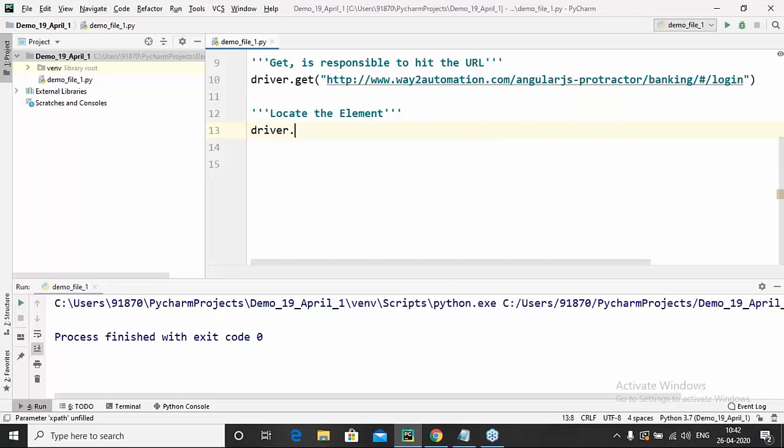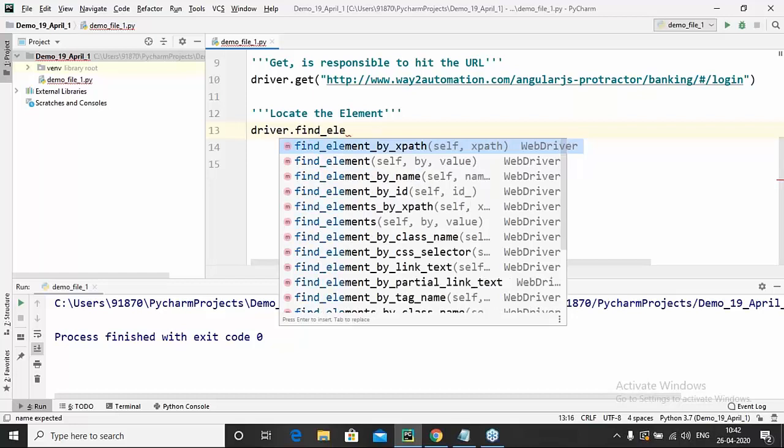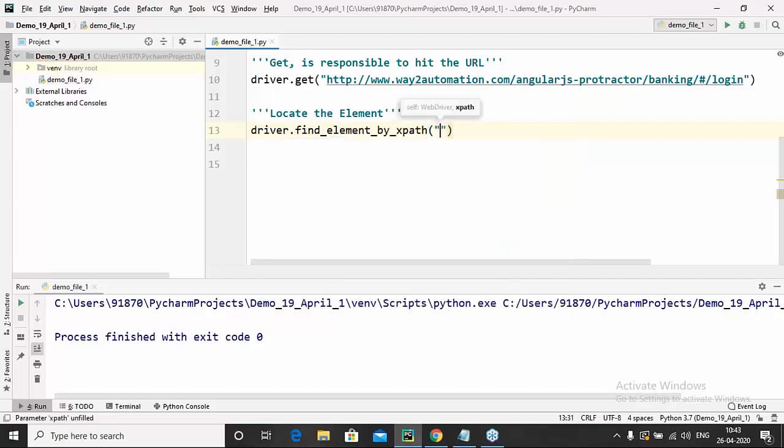As you can see, let me show it to you again. It says find element. Now you can find element using XPath, by name, by ID, by class name, by CSS selector, link text, partial link text, tag name. These are all various types of locators and nothing else. Right now let's focus on the term XPath. Now here I'm going to copy and paste my complete XPath that I have worked on. I will be giving single quotes here.